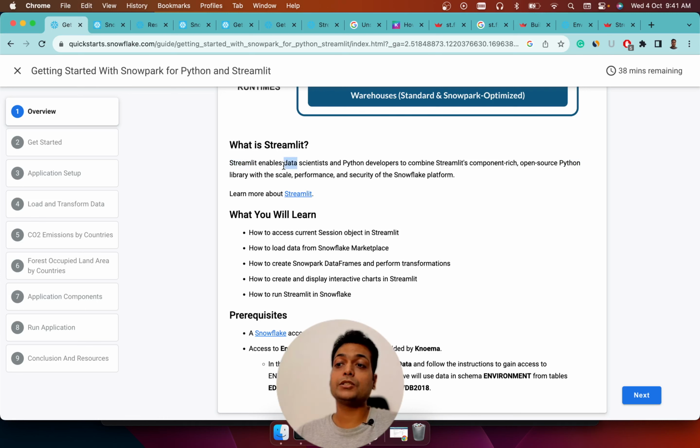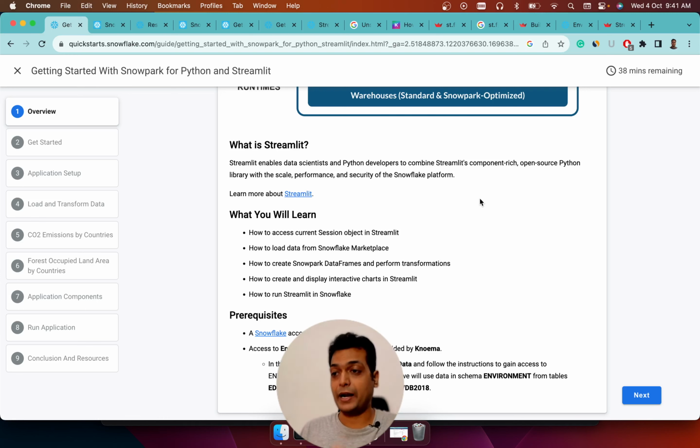So basically, Streamlit will give you a web interface through which you can implement the same Python code and the data right inside